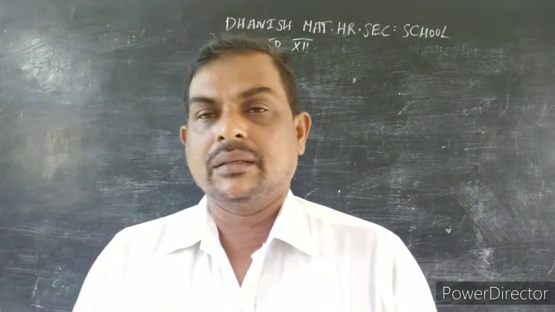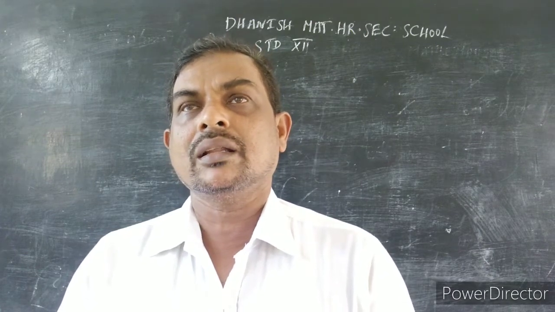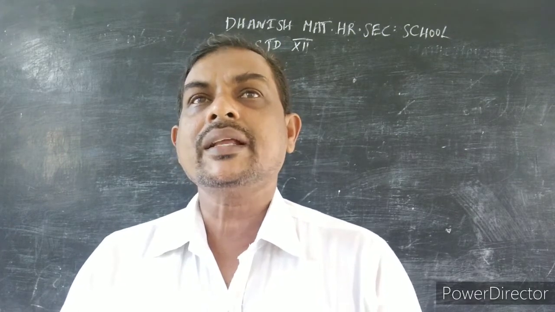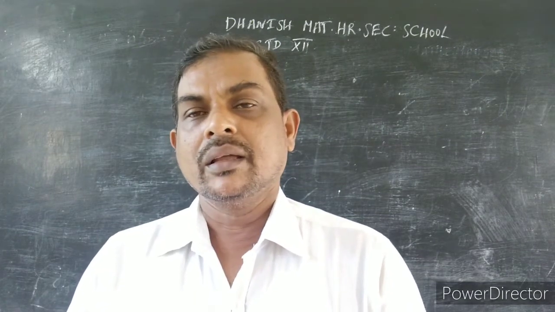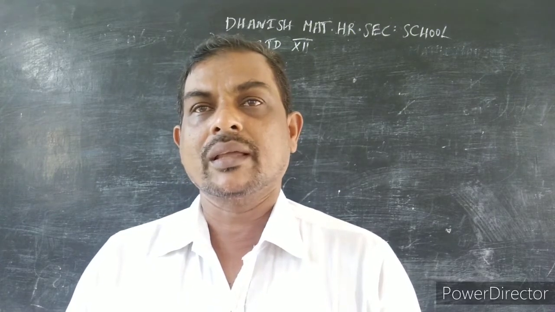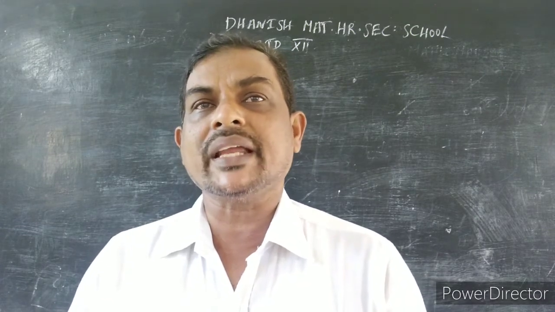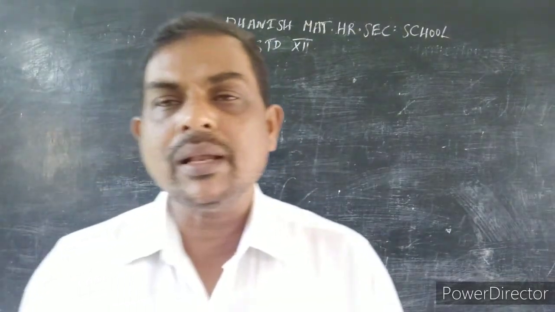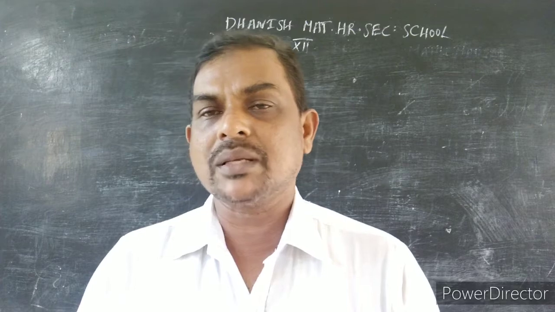Interest on capital: when the partners contribute capital in the partnership firm, after 1 year they will get interest on that capital invested by the partners. How much they contributed in the business, on this they will get some interest, as per the partnership deed. How to calculate that interest on capital, that is what I am going to teach you now. It is very simple and easy. This sum will come in 2 marks or sometimes in 3 marks.